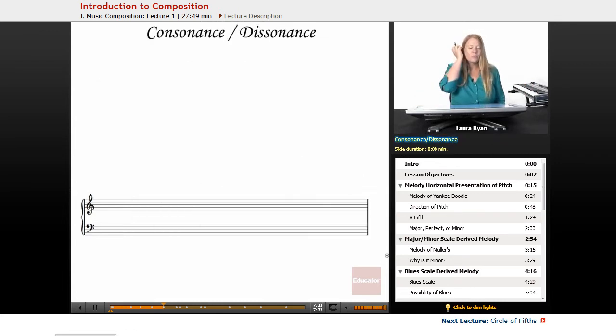So moving on, we're going to talk about consonants versus dissonants. Consonant chords and dissonant chords are pretty easily defined. A consonant chord is one that's stable. So we'll write a few out. Here's